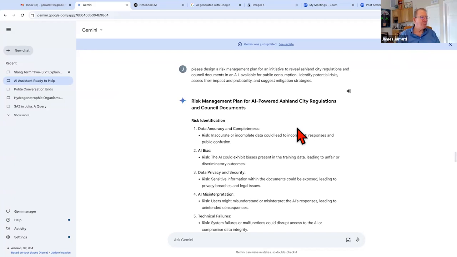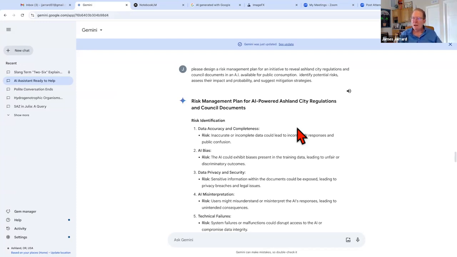Please design a risk management plan for an initiative to reveal Ashland City regulations and council documents in an AI available for public consumption. Identify the potential risks, assess the impact and probability, and suggest mitigation strategy. So what if I wanted to run an AI on a Dell computer, the $2,500 Dell computer that could be here in 3 days?